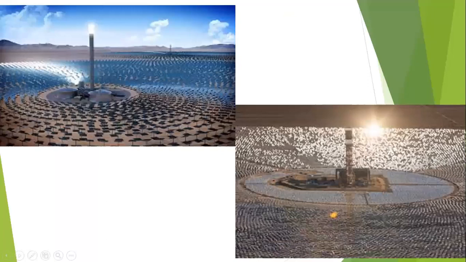Observing this site, we can assume in how many acres the land is taken. See, a huge amount of land is taken, and here solar radiation is collected. In these two slides we can observe a huge volume of land is taken, and solar radiation is absorbed on the entire land by using different types of collectors.